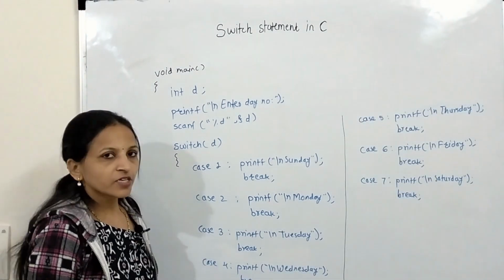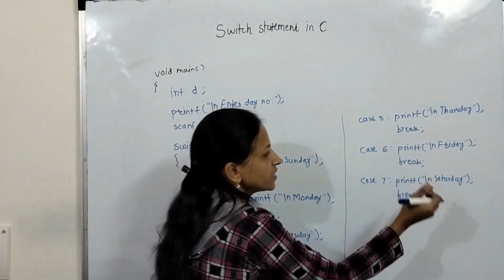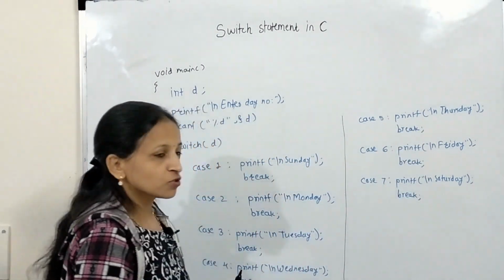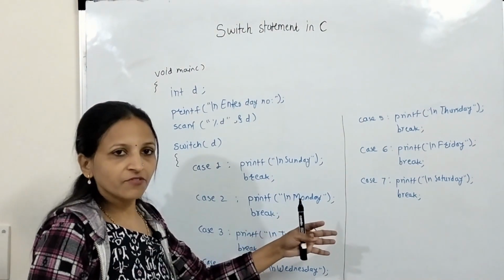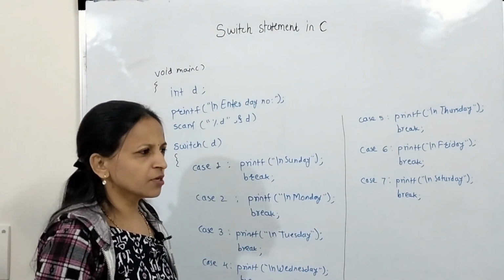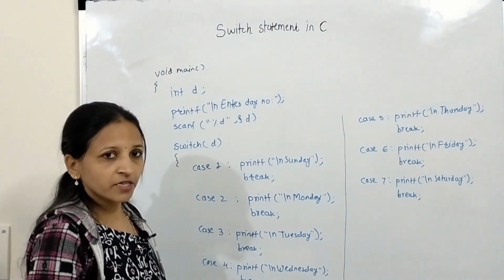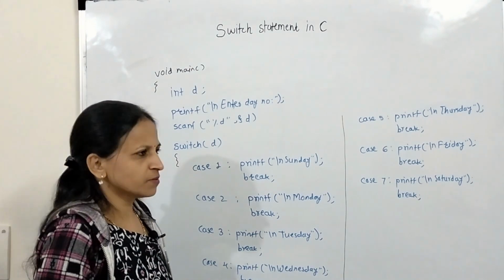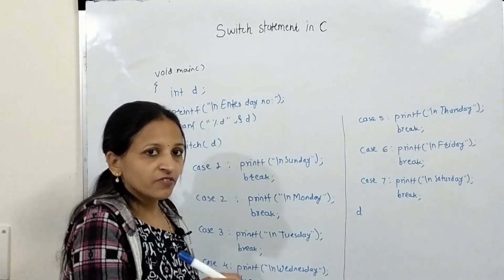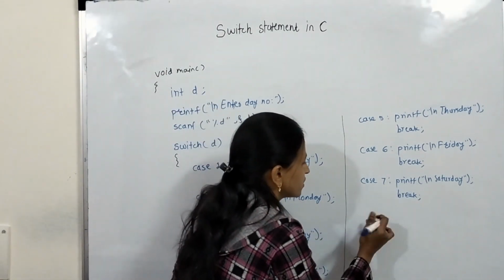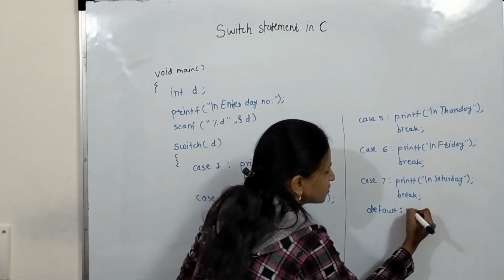Now see, in this way we have written all the possible cases, like if day number is 1, Sunday, Monday, then Tuesday, Wednesday, Thursday, Friday, Saturday. If wrong day number, means suppose user has entered any day number other than this 1 to 7, then what should get displayed? That improper day number or wrong day number. Or you can display a message like enter only in between 1 to 7. You can display any message there, and that should be displayed for all other cases. That's why you have to put that inside the default case, like the default keyword you have to use for that, then colon, and just place whatever you want to display.